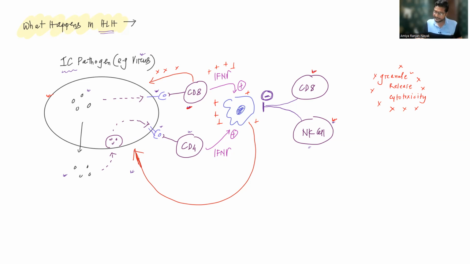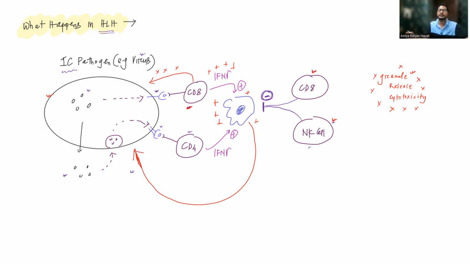Because NK cells and CD8 plus T cells are going to damage the macrophages with the help of these granules, with the help of those porphyrins and granzymes. And we have discussed that there is some defect in that pathway, so they will not be able to use those porphyrins and granzymes. So that is why NK cells and CD8 plus T cells are not able to apply brake on